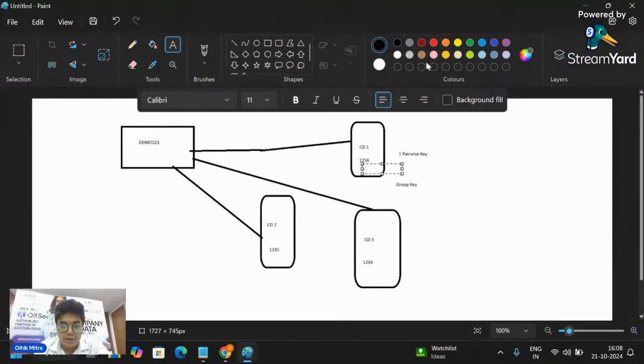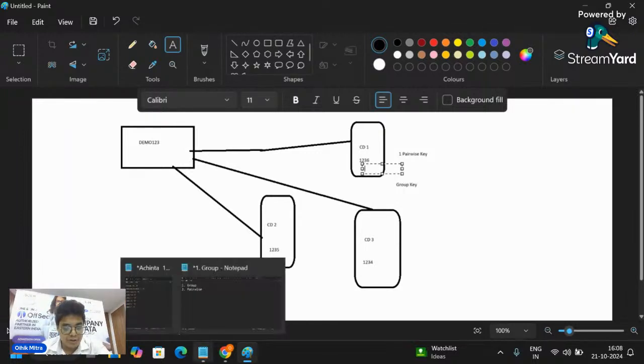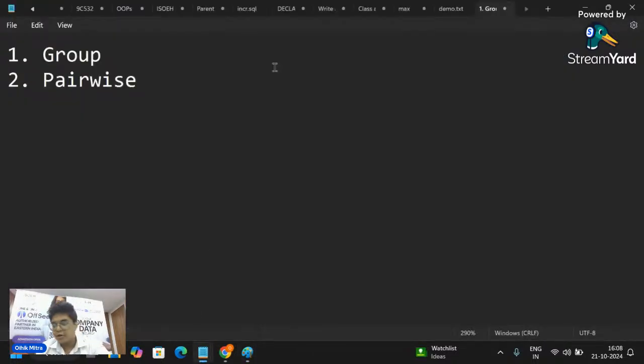But all these three group keys will be the same. Why? Because these are included in the same group. Right? Okay. So this is the difference between a group and pairwise key. I hope it's clear. Now, group and pairwise keys are each divided into two parts.